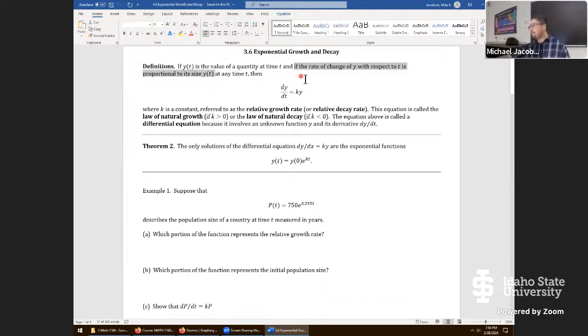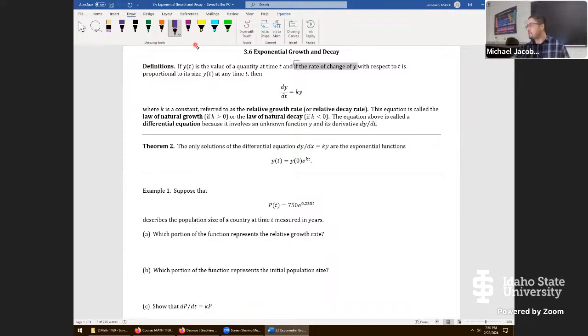Let's unpack it. The rate of change of y. What they're referring to right there when they say that is this. dy dt is what we mean when we say the rate of change of y with respect to t. And I should have highlighted a little bit better. Let me try again. Should go way out here. The rate of change of y with respect to t is dy dt. Next, they say is proportional to its size, y of t. From that statement right there,